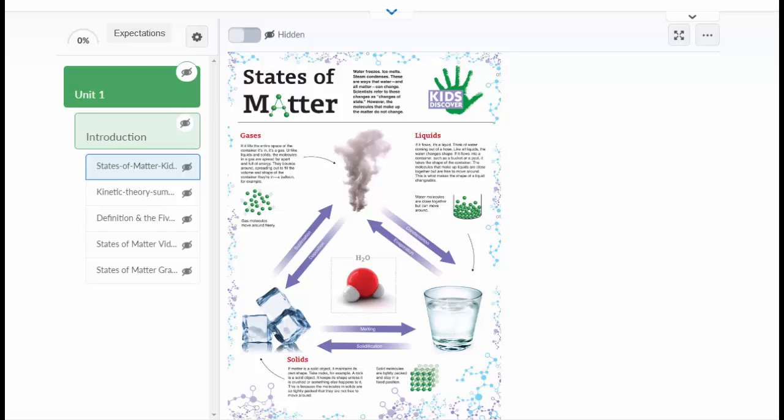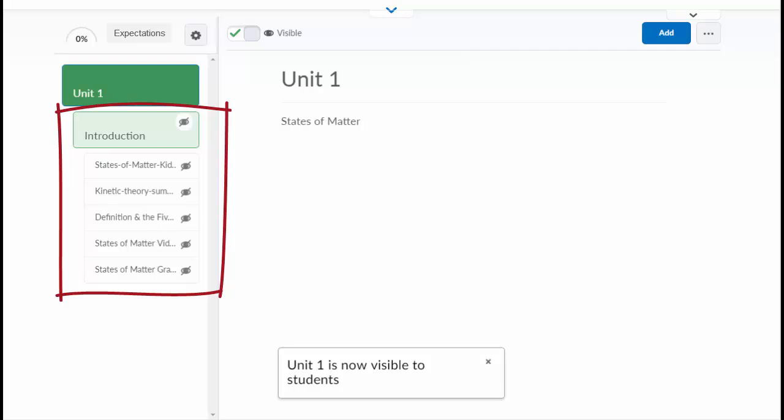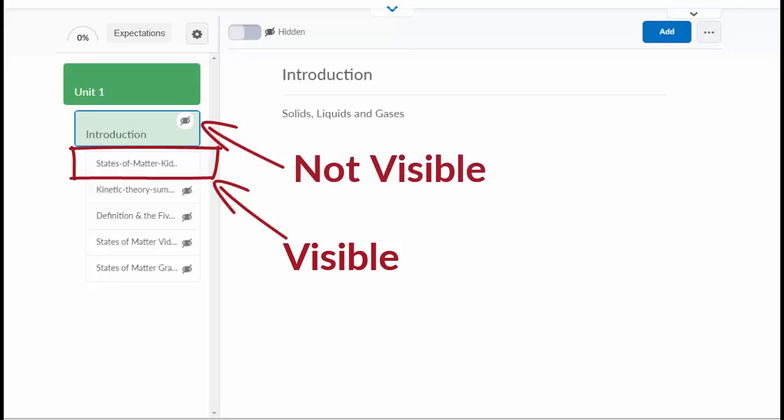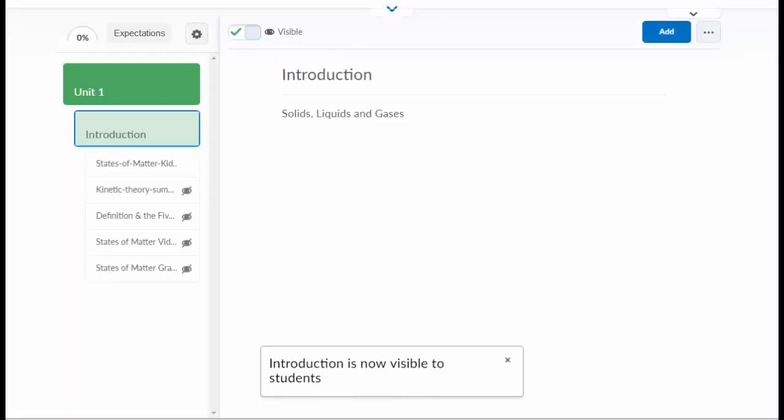To make a unit folder visible, select it, and then use the slider button to reveal it. Follow the same steps for making any lesson folder or material item visible as well. Note that if you make a material item visible, but your lesson folder holding that item is set to not visible, the student will not be able to see the material. Set the lesson folder to visible, and the student will be able to see whatever materials are set to visible